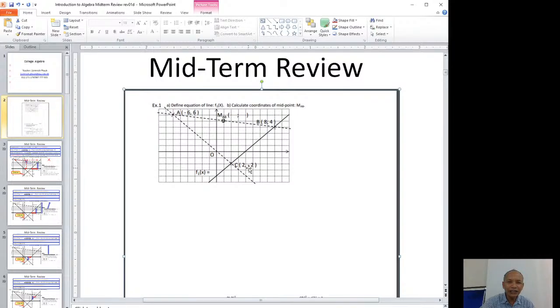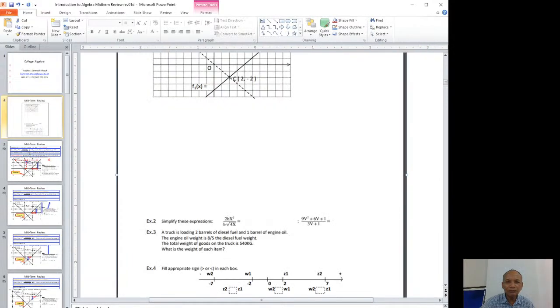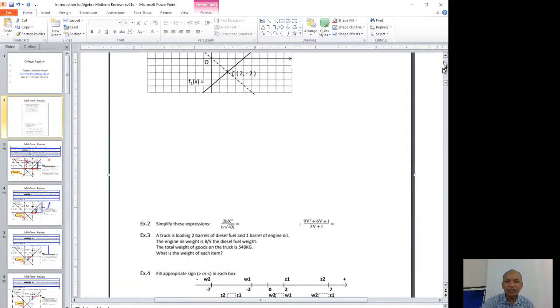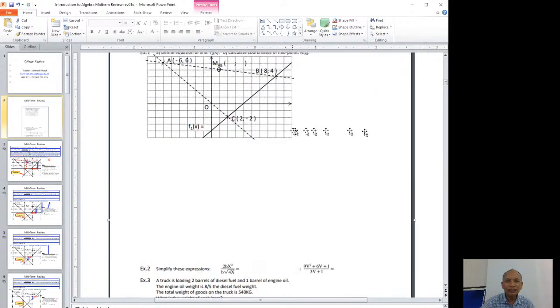That's why we have y equal negative 2. y equals negative 2. Okay, I think I will enlarge it again. Okay, see for this point C, x equals 2, y equals negative 2. For point A also,